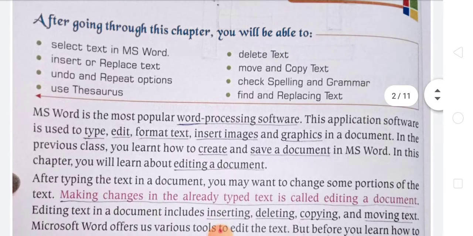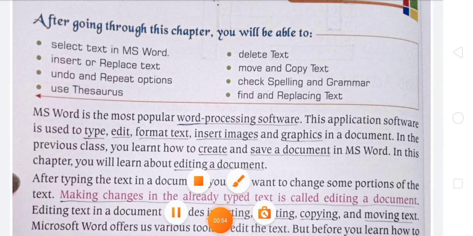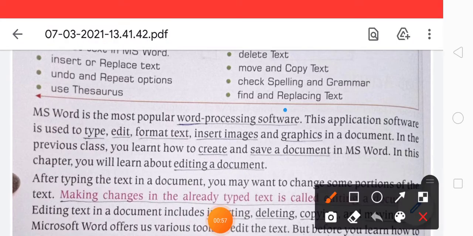You all know MS Word is the most popular word processing software. This application software is used for typing, editing, formatting text, and inserting images and graphics in a Word document. In the previous class, we already learned how to create and save a document in MS Word.